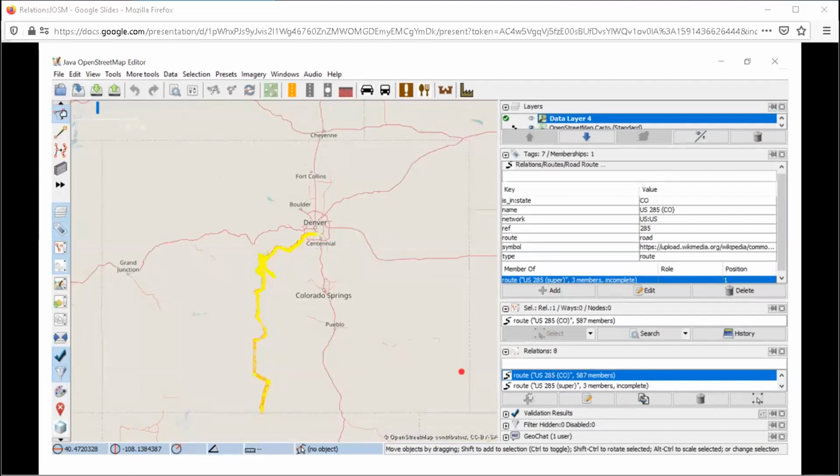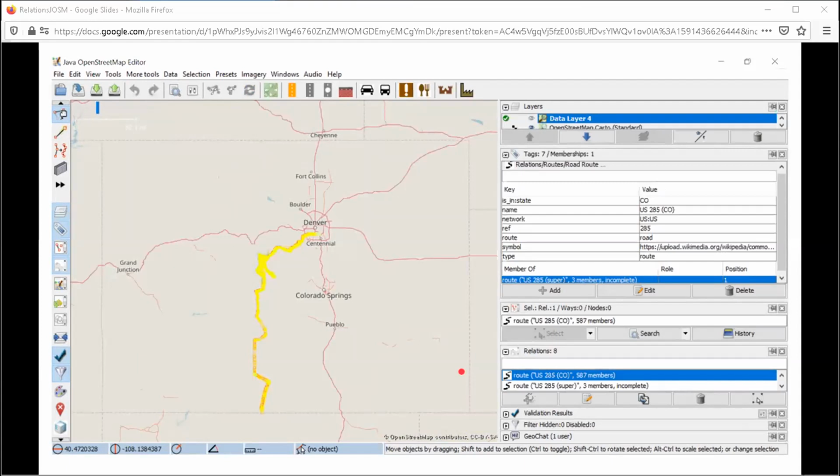One of the reasons why we have relations, I think, originally when OpenStreetMap was first created, talking 2004 to 2005 or 2006, maybe it was 2007 when they added relations to the database, was because they started hitting a limitation on how many nodes there can be in a way. So the database actually has a 2,000 node maximum for something like a road or a river. So in this case, you can see this is